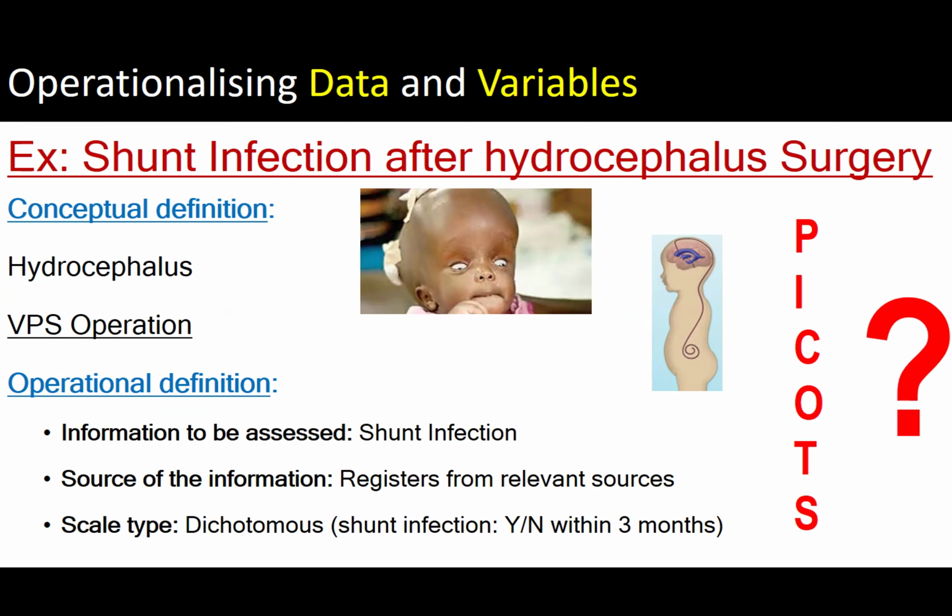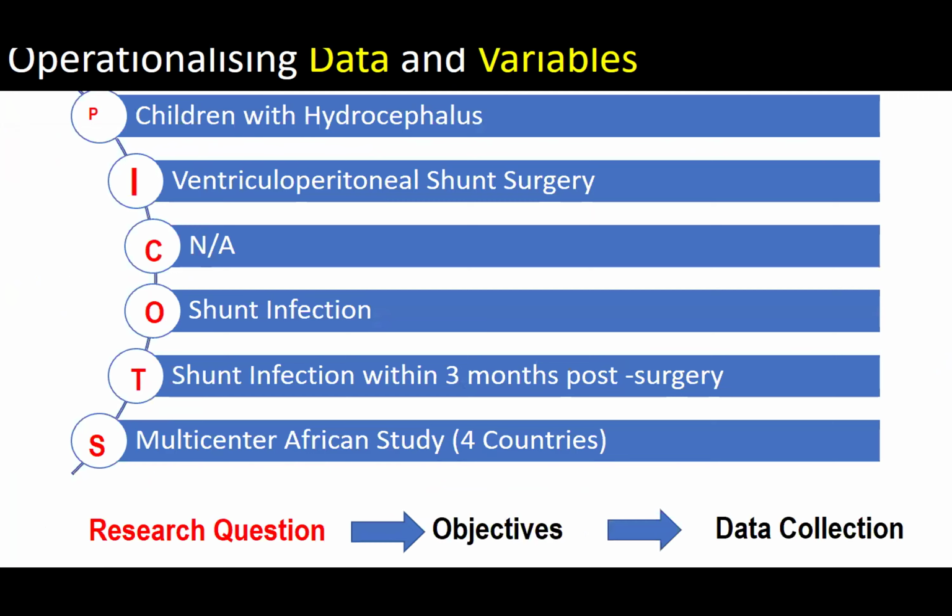How are you going to get the data? Are you going to see the patients, or you're just going to collect the data from the patient's file? And then again, you have to define the scale type, infection present or absent, and at what time are you measuring this infection rate? So once you've defined it, you see, it becomes very easy for you to collect your data now. The data has to be related to the hydrocephalus, the data has to be related to the shunt infection, the outcome has to be measured at a particular point in time, and it has to be measured at the different times which you define beforehand.